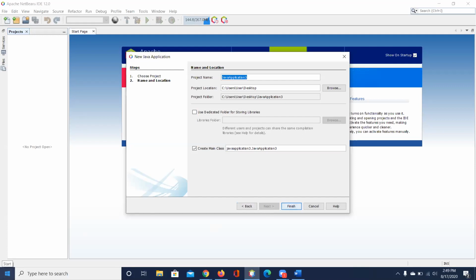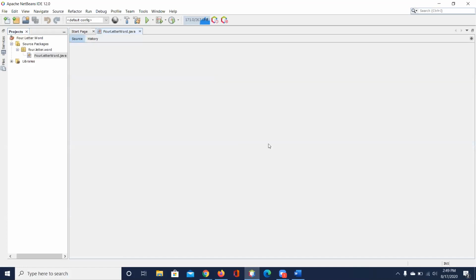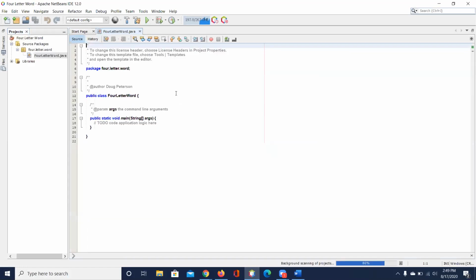You have to name your application. Okay, so let's say it was going to be a 4-letter word. Okay. And so I would do that. And then I would hit finish. So that's where I'm having a problem. It just says finding feature. There's a couple of plugins that you have to install.